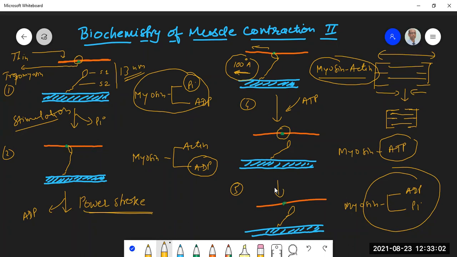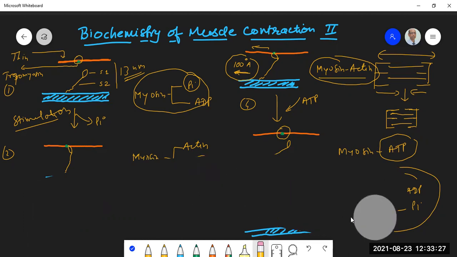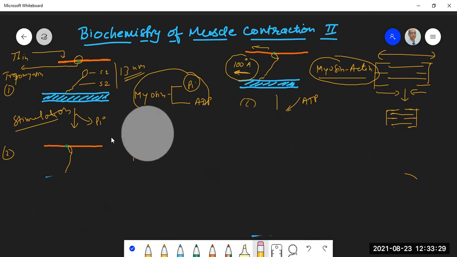And this is with respect to one muscle cell. There are literally hundreds of thousands of muscle cells. Your muscles are made up of a large number of muscle cells, and in all those cells this contraction takes place simultaneously. The result is that the muscle gets contracted. So in simple words, this is the biochemistry of muscle contraction. Okay. Now let us see what we mean by stimulation of the muscles.